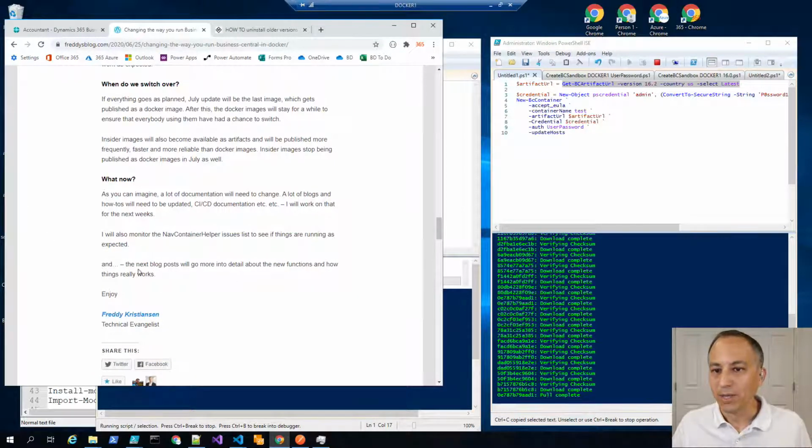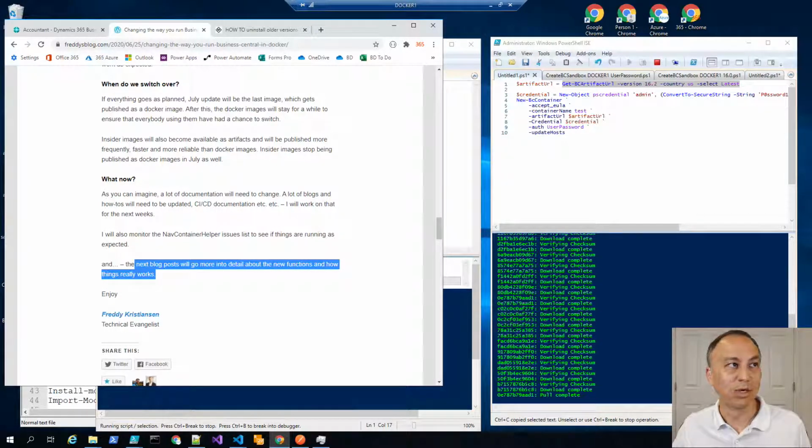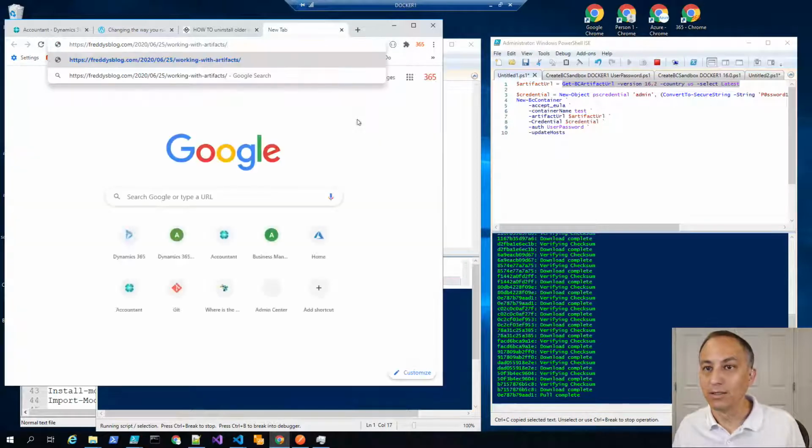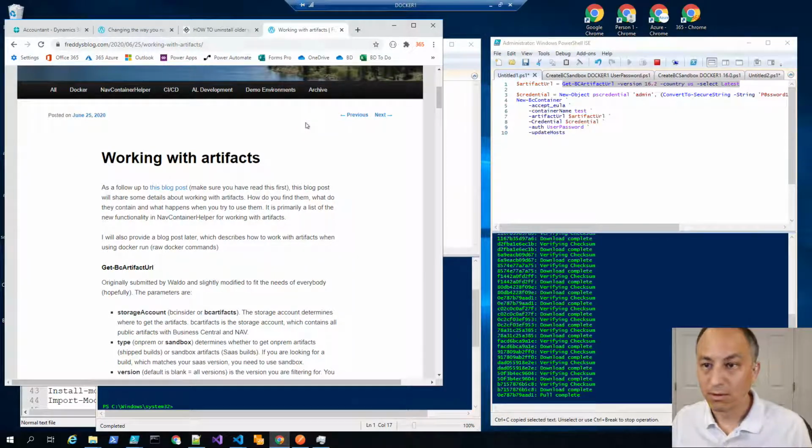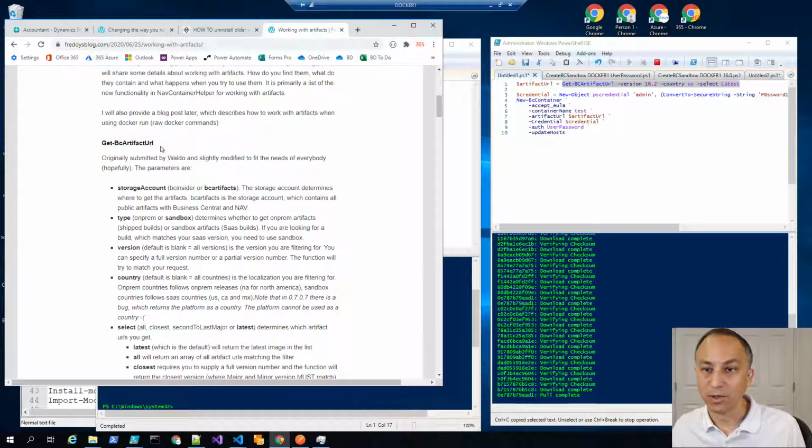Okay, so the next blog post goes into more details about the new functions and how they work. And let's see if I have that handy. Okay. So the follow-up is this post by Freddie, working with artifacts. And so he goes into a little more detail about artifacts and how you find them, what they contain. So Get-BCArtifactUrl,